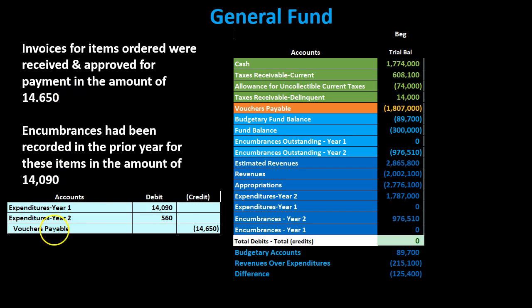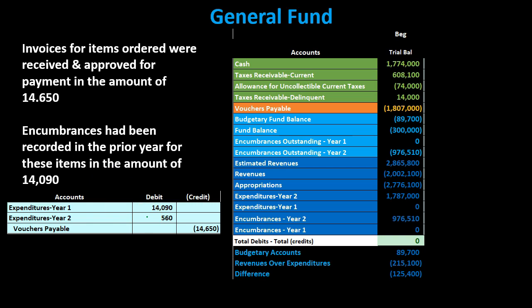So, and this gets a little bit tricky, what we're going to do in terms of breaking it out between the 2 years. We're going to say that the expenditures that are related to year 1 encumbrances are going to be the 1490. And then the expenditures for year 2, we're going to say is the difference between the two. In other words, we applied out the 1490 last year based on the estimate. Actual amount was the 1460. The difference is going to be the 560. So in the current